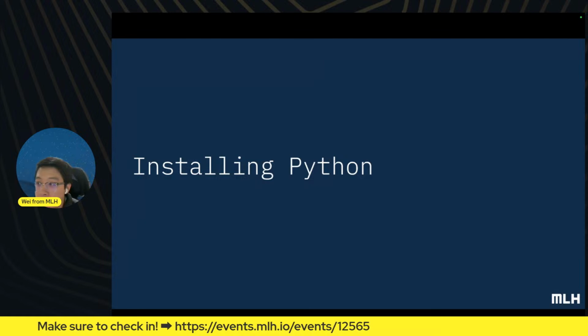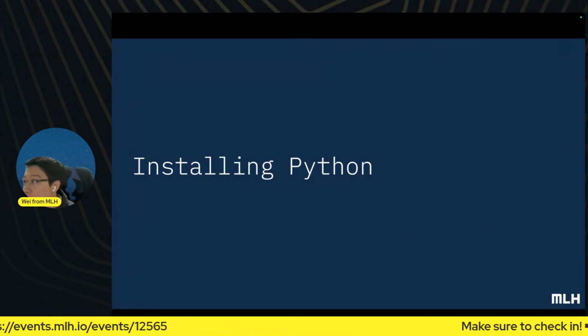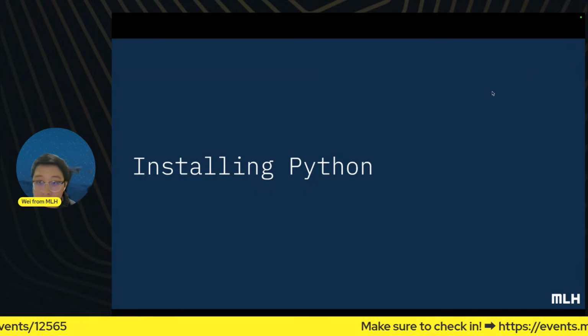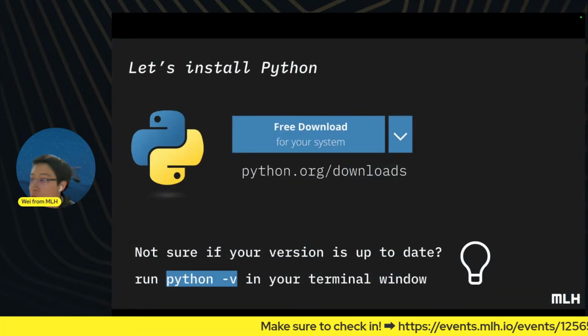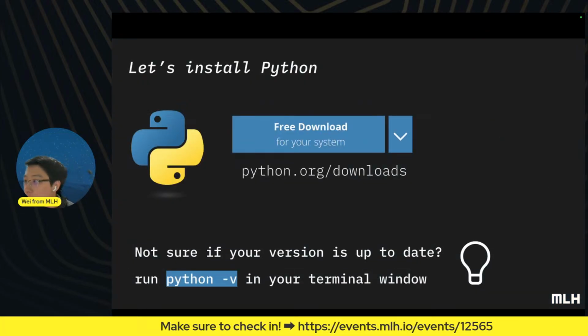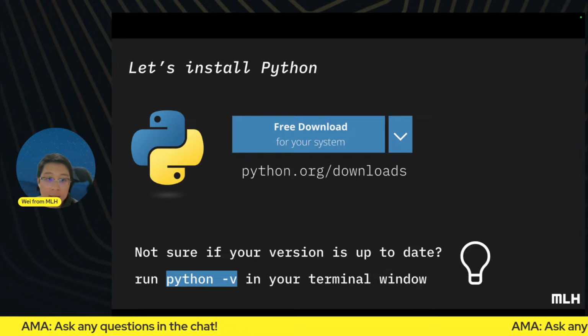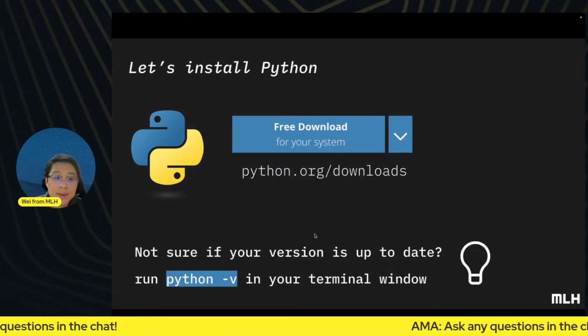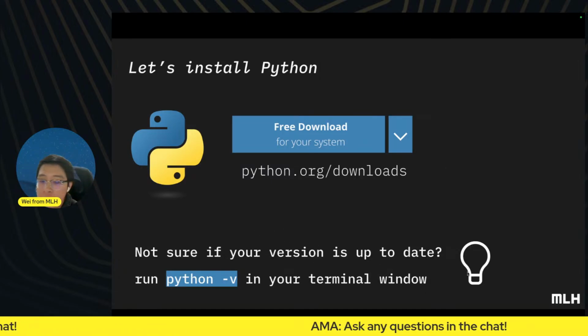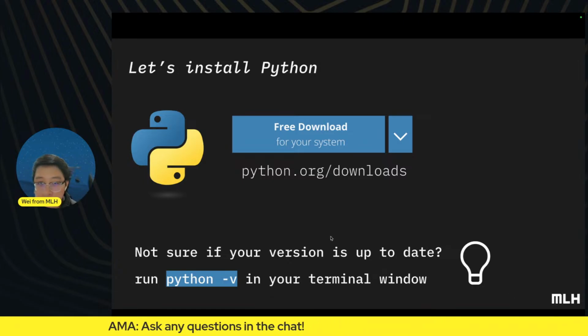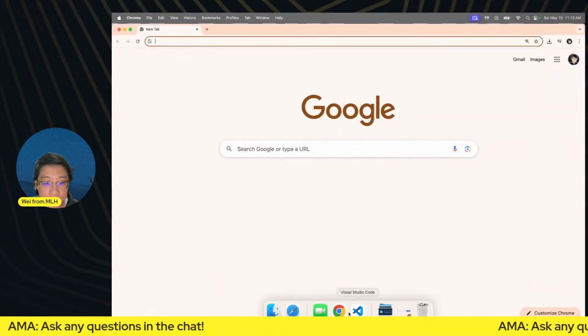Now, if you don't already have Python installed on your system, make sure you install Python. We have some instructions here. You can go to python.org/downloads to get that installed, and just make sure your version is up to date, Python version 3. Let me take a quick peek at what version I have.